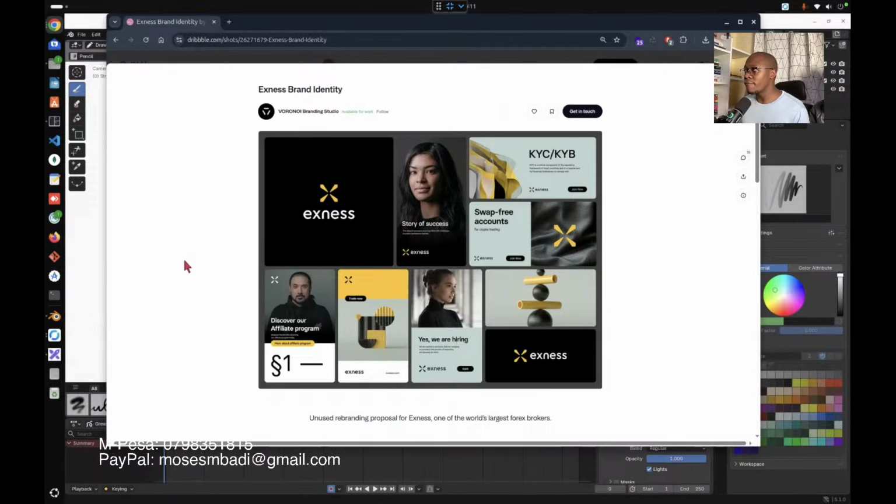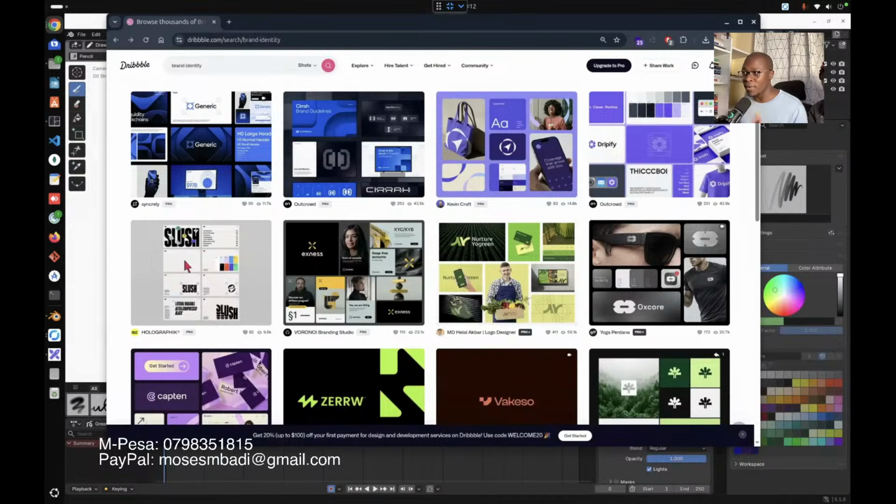So if you can code, if you can build a website, a mobile app, and you also have this in your resume, you have a higher chance of getting a job. As a matter of fact, the current position where I'm at right now, I got that job because my resume indicated that I'm also a graphic designer. I know how to design. That is the only thing that made me get that job. Otherwise, all the other participants were way ahead of me.